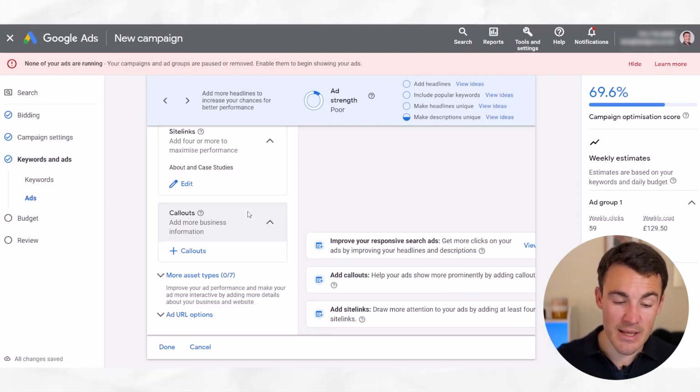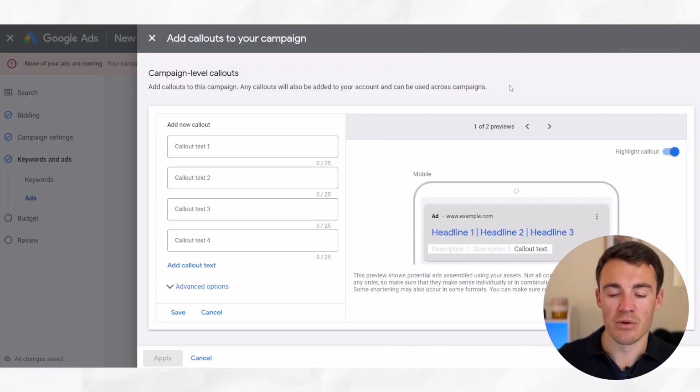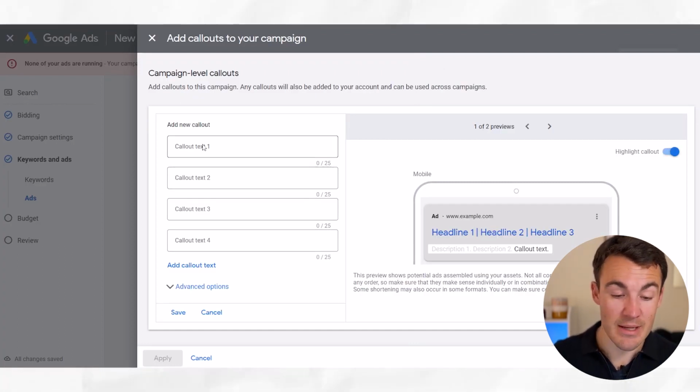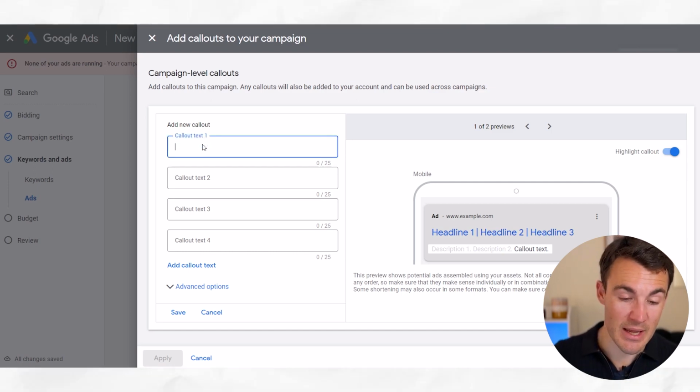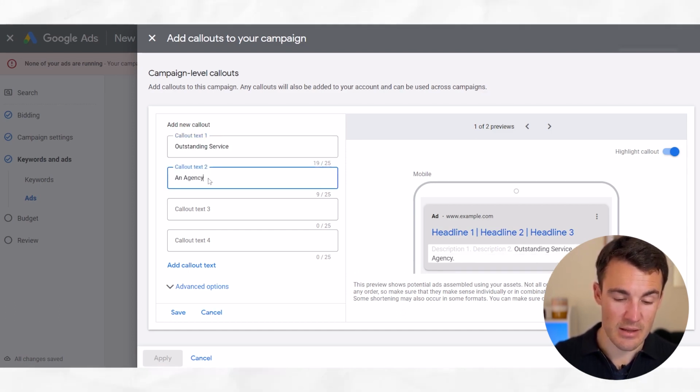So we've got some site links in there, and we can do the same with call out. So here we will be looking to emphasize the benefits associated with our service, our marketing agency service. And this is just like little bits of information that we could add in here. So we could have something like outstanding service, an agency that cares,